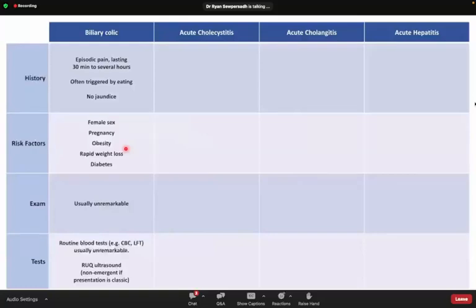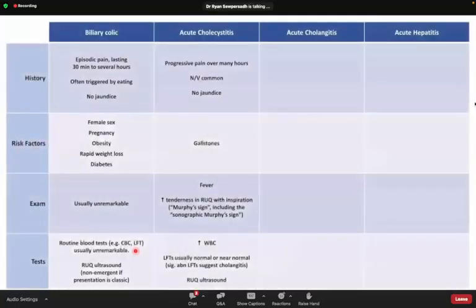Now, the physical exam is usually unremarkable, as is routine blood testing. Right upper quadrant ultrasound is going to show us gallstones and help to clinch the diagnosis, but this is a non-emergent study if the clinical presentation is classic, okay? That's biliary colic. Now, the pain in acute cholecystitis is progressive over many hours, nausea and vomiting common, and since